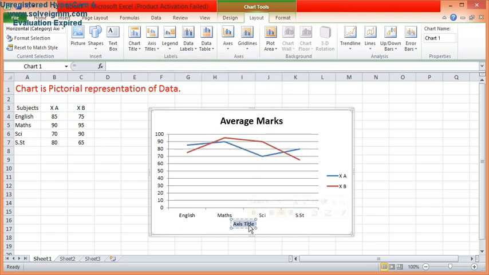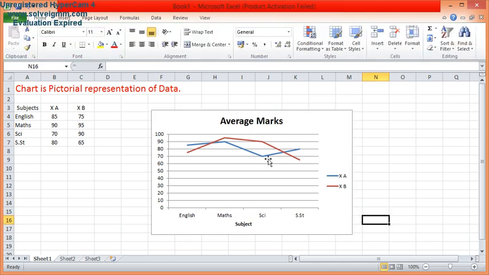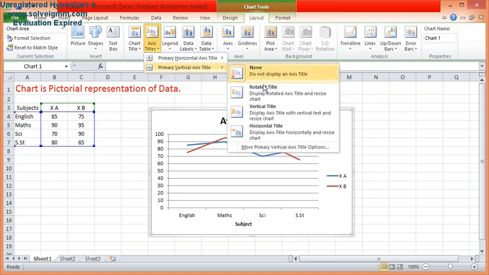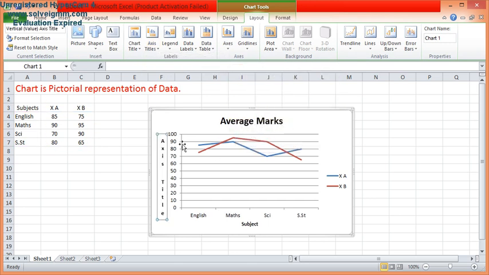If I want to write the title, like suppose subjects, ठीक है, जैसे हम लिखते हैं कि on the x axis my subjects are there, right? Again my tabs has gone. I would select it again, and along the y axis, vertical axis में आपको कैसे लिखना है? Okay, vertical title you want to add like that. Here if I want to write marks, ठीक है, ये हम डिलीट कर देते हैं यहाँ पे. ठीक है, marks. So here are my x-axis and my y-axis.